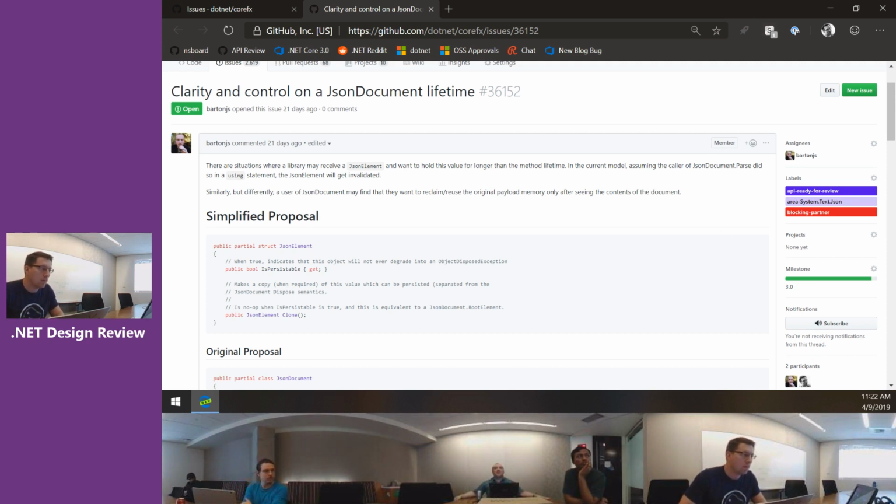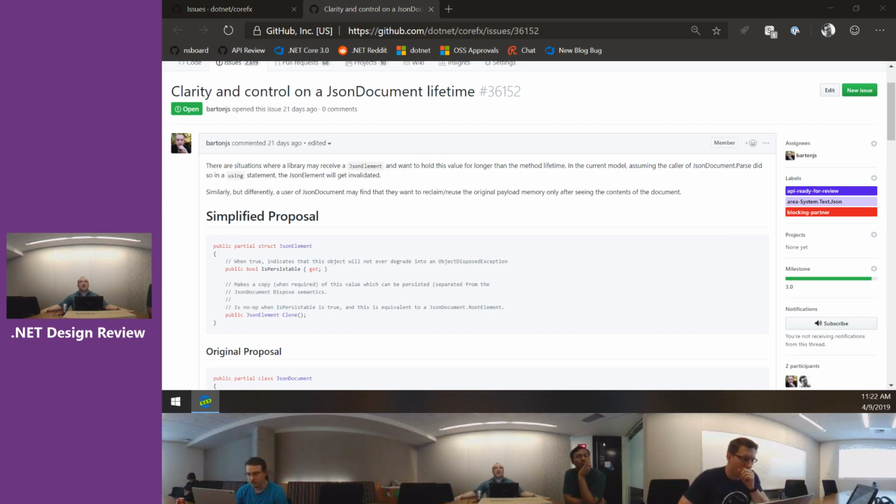You can't get from an element to the document, or from an element that's a member of a larger object to the thing that it was contained in. You can only go, let's call it, down. Yep, got it. So clone in particular will clone the current sub element. If it's not the entirety of the document, it will make a copy of the smaller thing for GC reasons. And then the Boolean is